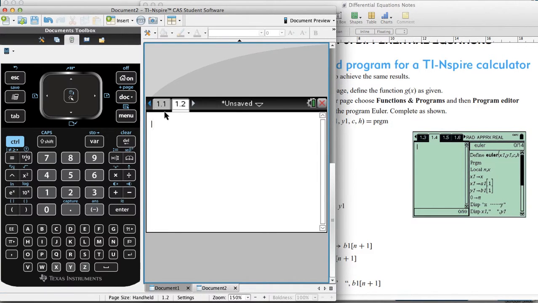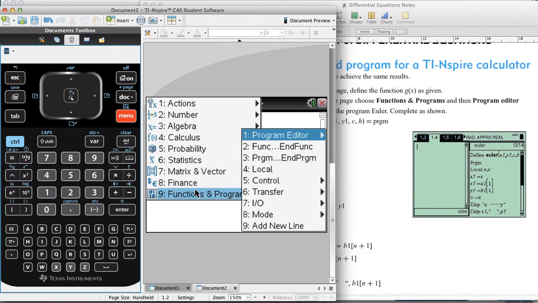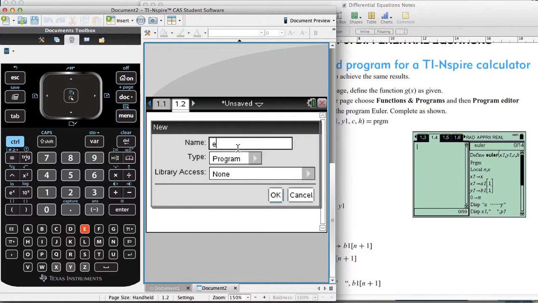Once I've got a blank page, go to menu, go all the way down to functions and programs, and program editor. You're going to do some coding, so you're going to be typing some instructions in for your CAS to follow. We want a new program, so it's going to be menu 911. We're going to call it something. I'm going to call this Euler,